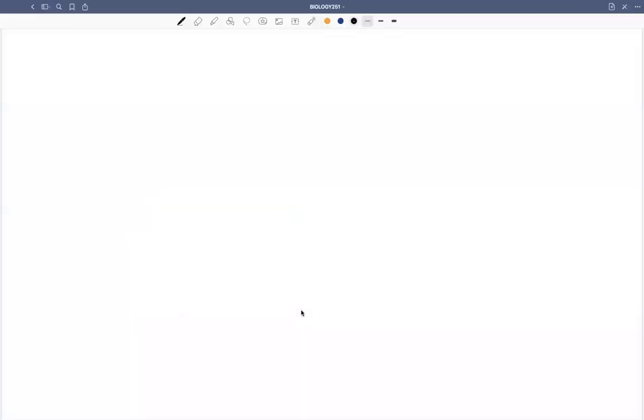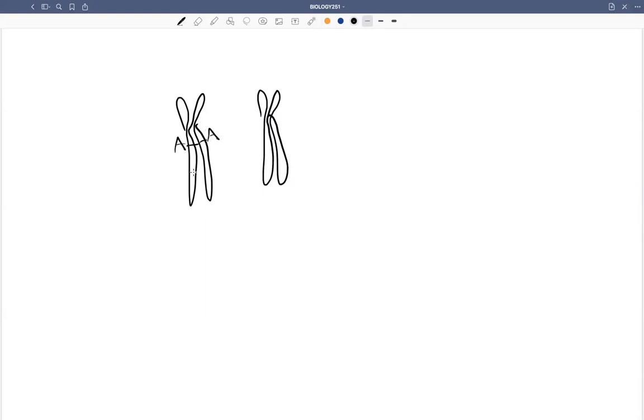So if we have a pair of homologous chromosomes, with big A in one location, so the A gene in one location, big A on one, little a on the other, and the D gene located at a different position on the chromosome. In this arrangement, right after DNA synthesis, this is what you would get always. So big A with big D. It's possible, as a result of crossing over,